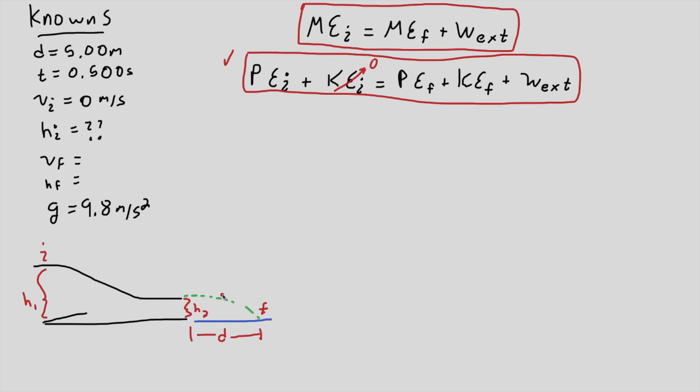Then, when they get to the bottom and they fly off and hit the pool, their height goes to zero. They'll have some velocity still that they picked up from accelerating down the slide, but their height will be zero. So the potential energy term goes to zero. And aside, we're going to assume that the little hand push off to get them started, let's say that equaled the same amount of energy that was lost due to friction, because the question doesn't tell us anything about either of those two cases, and that'll let us just say that the whole thing goes to